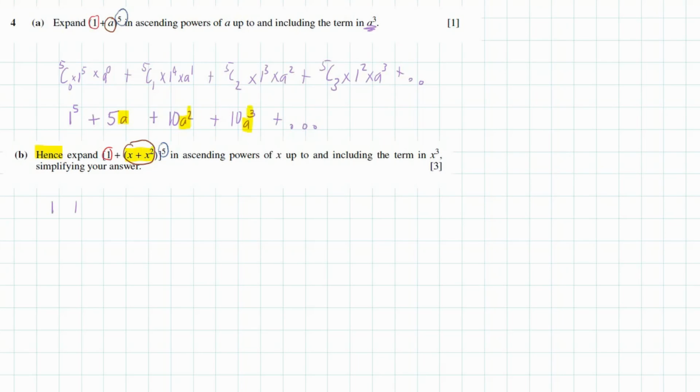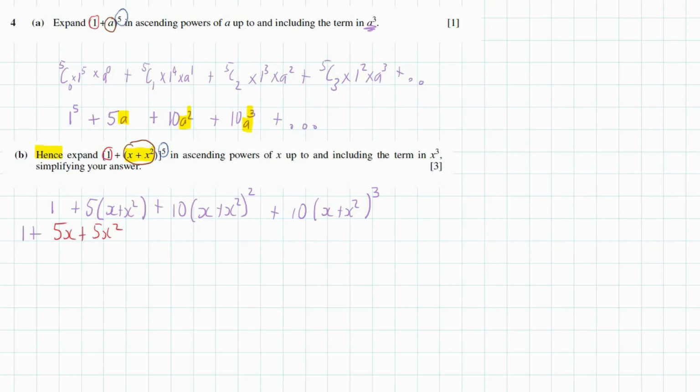Alright, we've got 1 to the 5, which is 1, times 5a. Now that's going to be 5 bracket x plus x squared, close bracket. And then plus 10, and then a, which is (x + x squared), but this time all of that is squared. And then 10 bracket a, so that's (x + x squared), but this time to the power of 3. Okay, and that's as far as we need to go. Well, we'll simplify this. That's going to be 1. The next one will be 5x plus 5x squared,